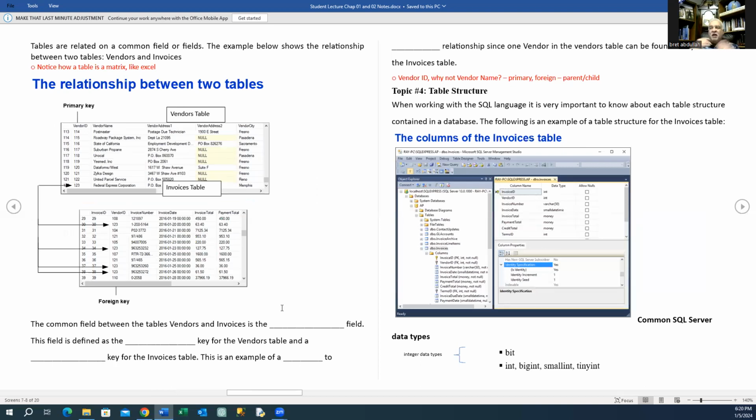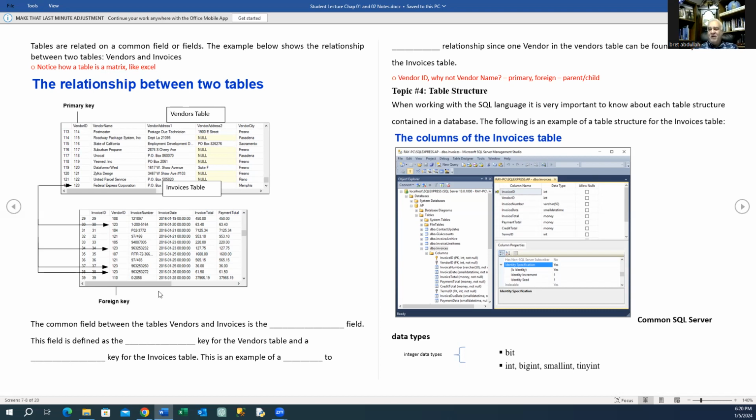And then we're going to talk about relating two tables together by using a common field. For example, every table looks like a two-dimensional matrix. You're pretty familiar with that if you use Excel. But we're able to relate the vendors table and the invoices table together. Now, the vendor, we know that there's one vendor, okay? But we could have multiple invoices. In other words, we could have made multiple orders from that vendor,